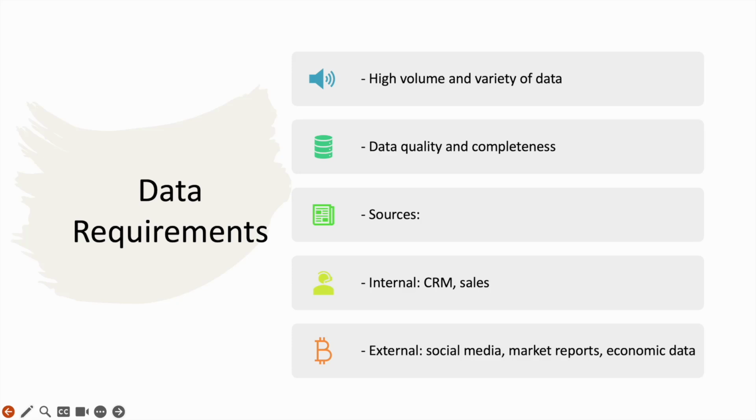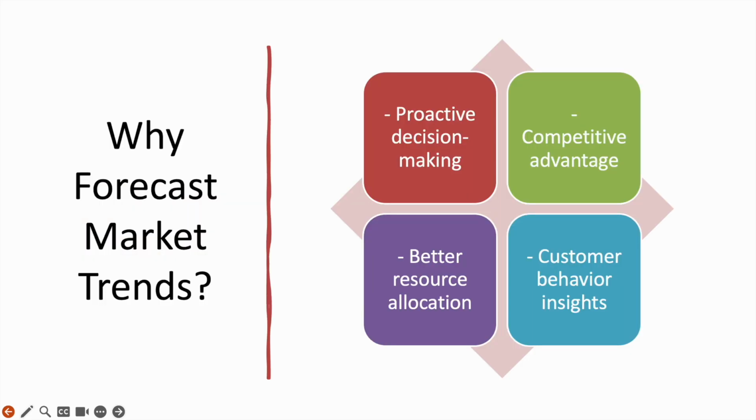Okay, so now let's consider the best practices. Start with a clear business goal, say predicting holiday season. Clean your data, split it for training and testing, and evaluate multiple models. A/B testing and live model monitoring are essential. Amazon, for instance, continuously retrains its model with fresh data to stay relevant.